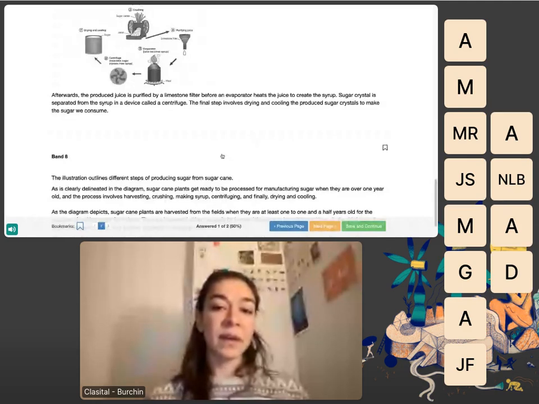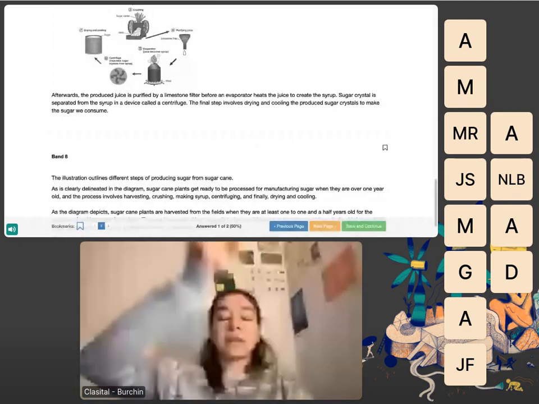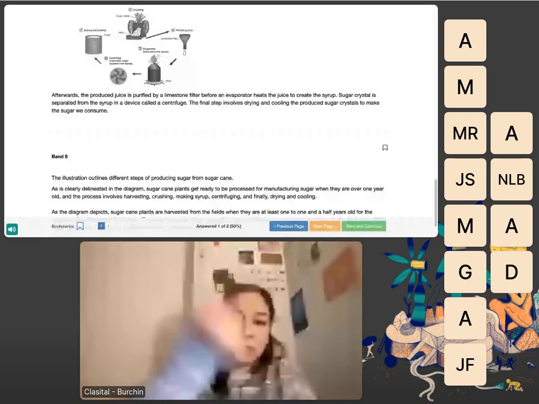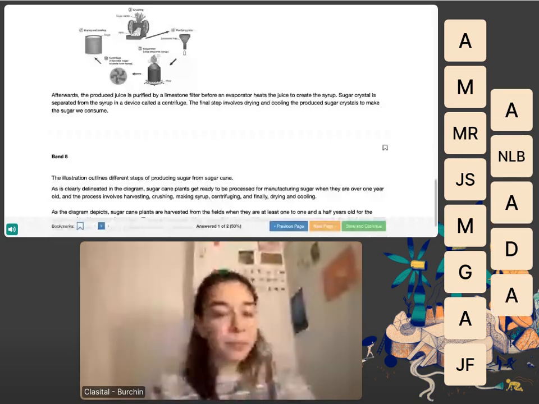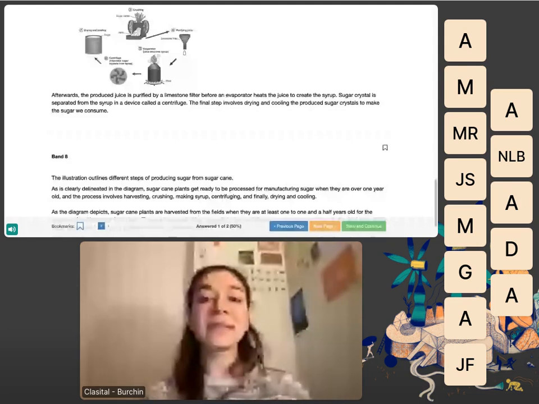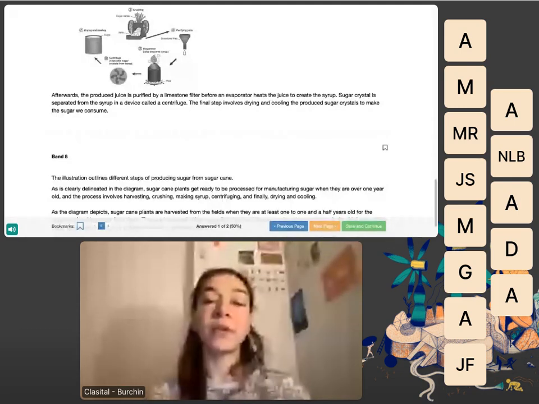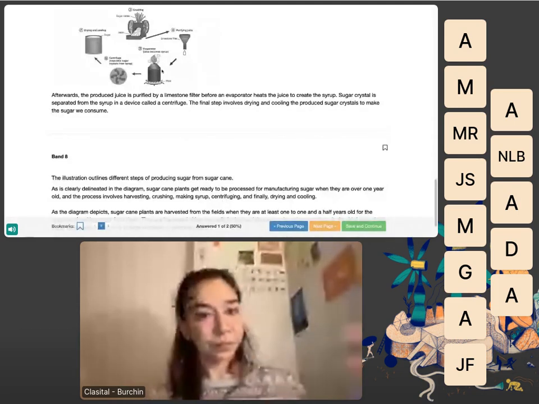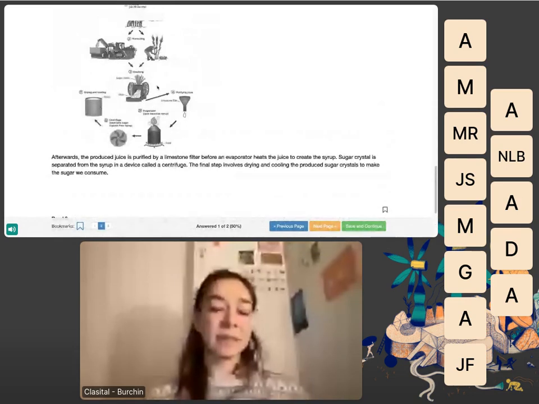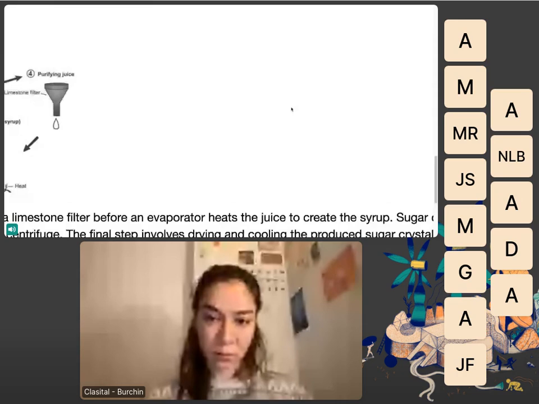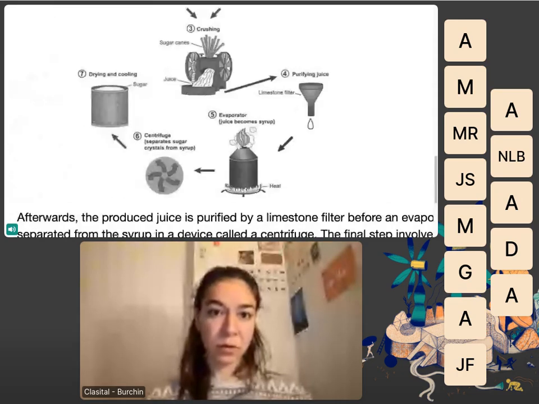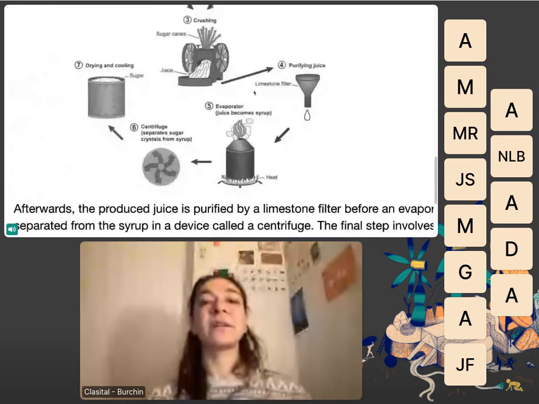Do you know the centrifuge? They are putting the blood samples in there and they're using the centrifuge like there's a center. The final step involves drying and cooling the produced sugar crystals to make the sugar be consumed. This is my example. Now you can write your paragraph